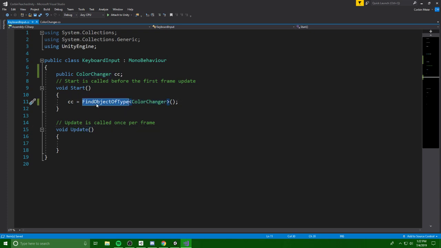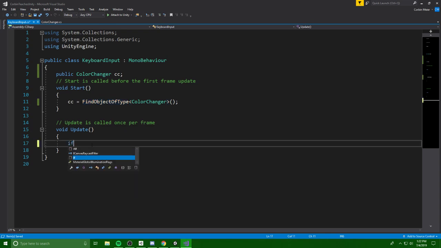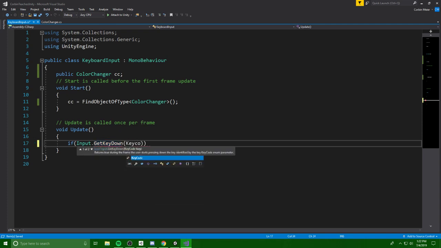Now with that set, I can say, let's go an if statement. If input, which takes input from the keyboard, dot GetKeyDown, which only calls it once if the key is pressed for the first time, KeyCode.R. So if I press R,